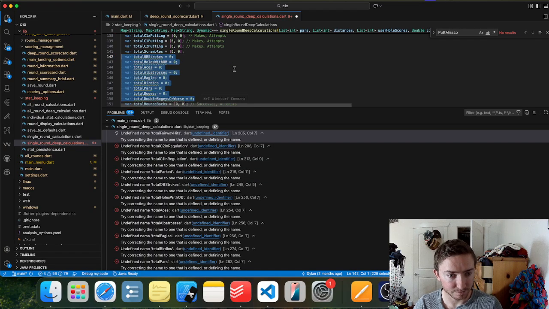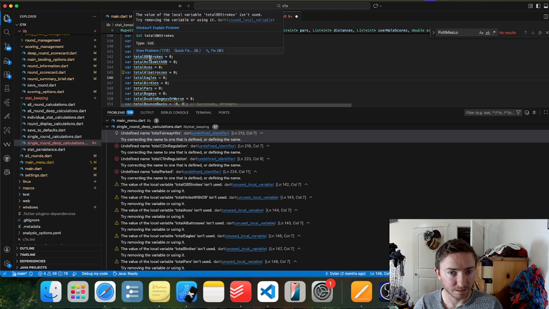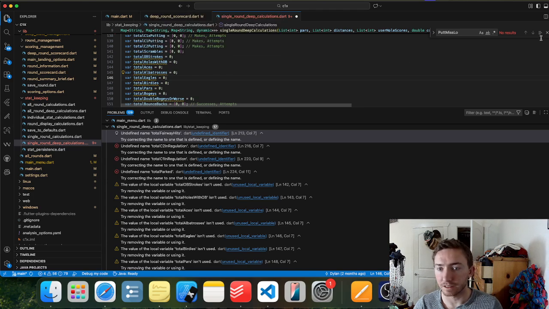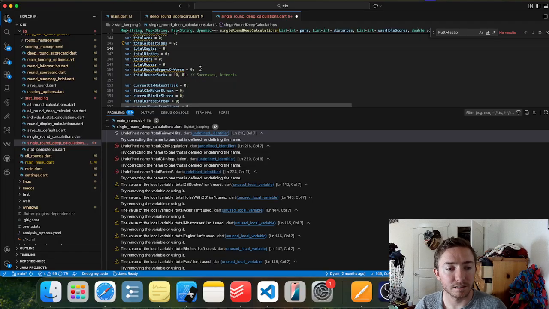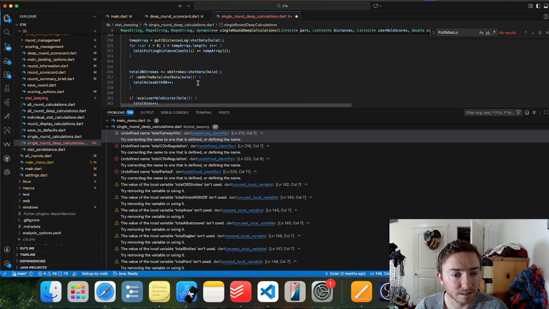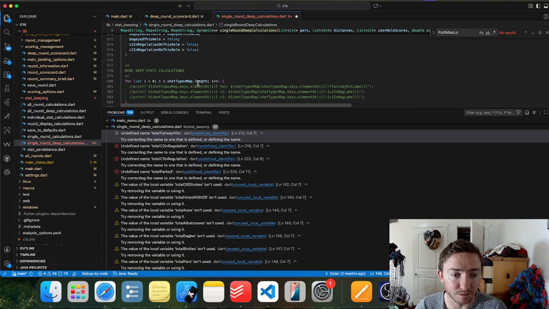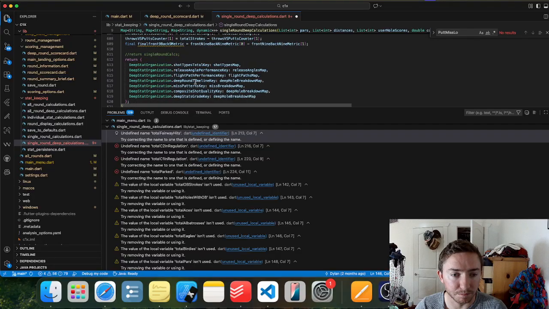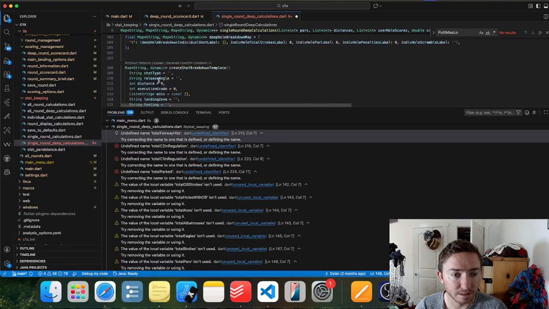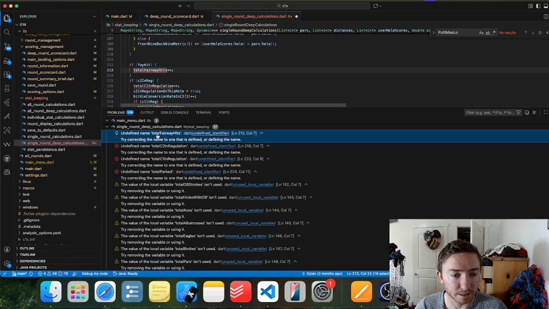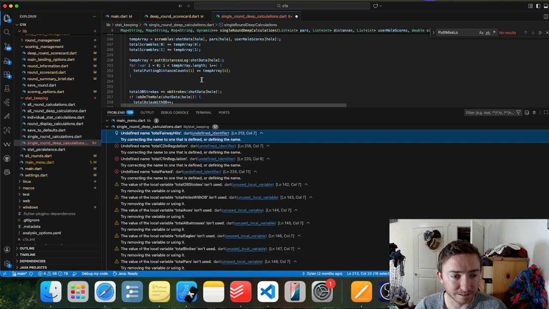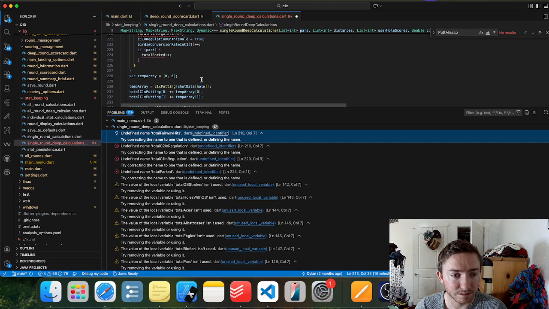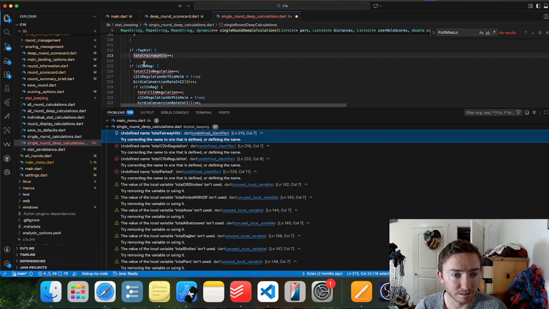Oh. Clearly they are used. What are we trying to say here? I guess this is single round deep calculations, so unless I'm passing it here, it doesn't matter. Which is what I think it's trying to tell me. Am I not using fairway hits? I'm using this, but